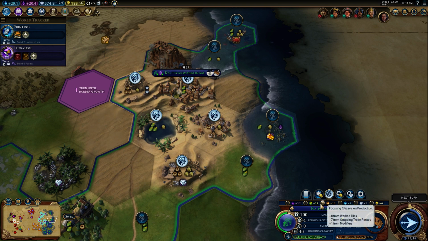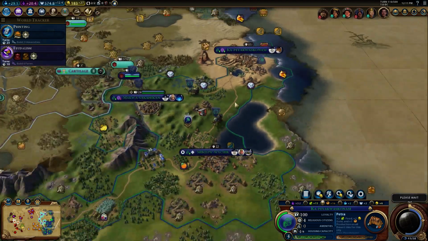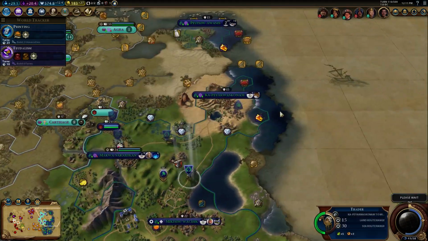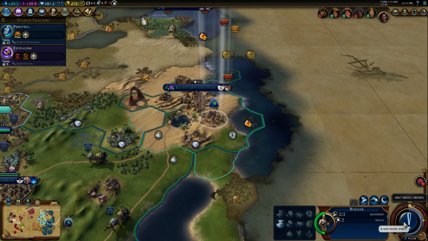We can shave a turn off if we do this. You know what? Let's do that. I don't know how much desert there is in the world, and how many people have settled near the desert and are in a position that they want to build the Petra. God knows the AI loves to, like...